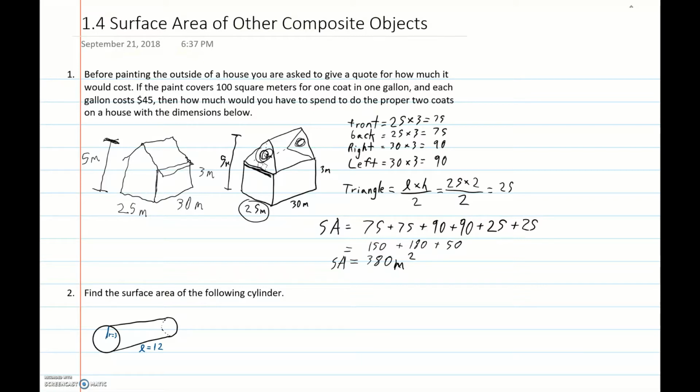So we have a little bit more to do. It says, if the paint covers 100 square meters for one coat in 1 gallon, and each gallon costs $45, how much would you have to spend to do the proper 2 coats on a house? So we have to do 2 coats. So this surface area, actually, we have to double it. So times 2 equals